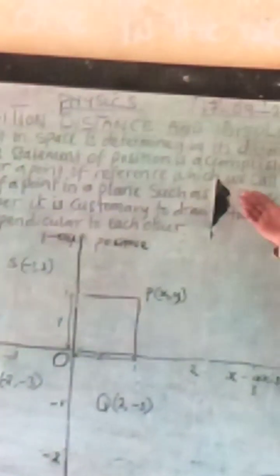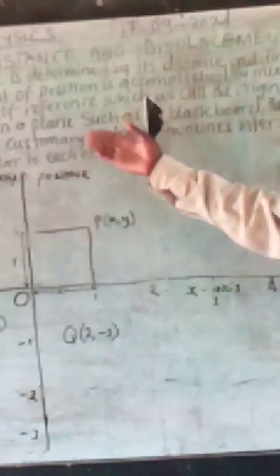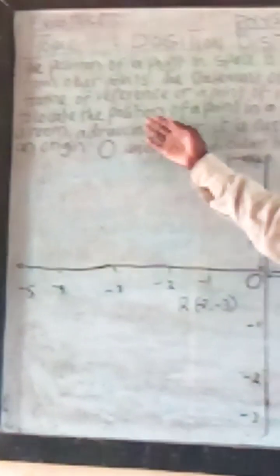from other points. The position of a point in space is determined by its distance and direction from other points. The statement of position is accomplished by means of a frame of reference or a point of reference, which we call the origin, in order to locate the position of a point in a plane, such as